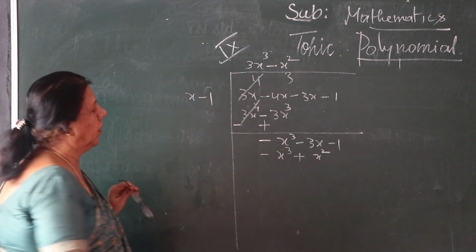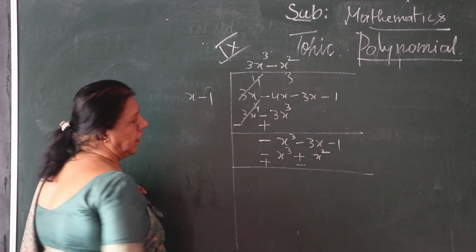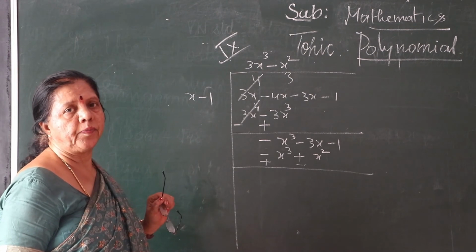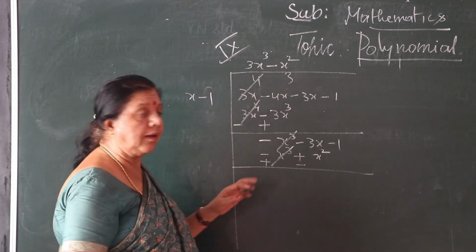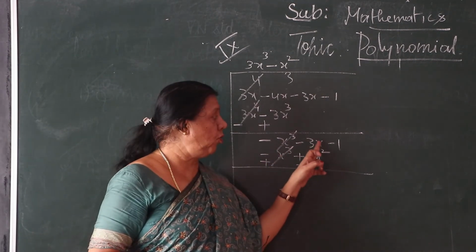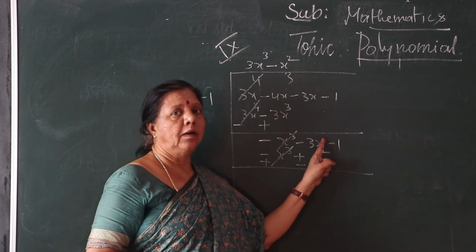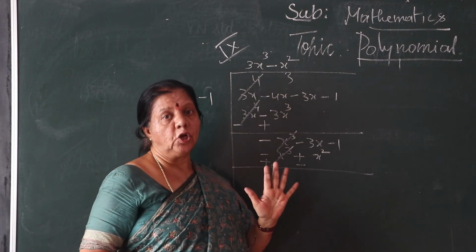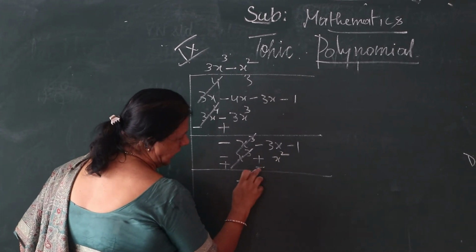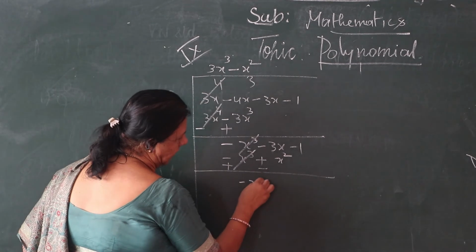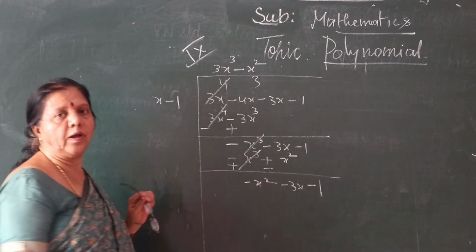Follow, children? Follow. So now you go for changing the sign. This is plus, this is minus, this is minus. Follow it. So now this is cancelled. But here there is a confusion. These two are not like terms. Here a 2 is there, here 1 is there. You cannot subtract. You do like this. The greater power is there, first you take minus, this is the sign. Change its sign: minus x square. This is minus 3x minus 1.